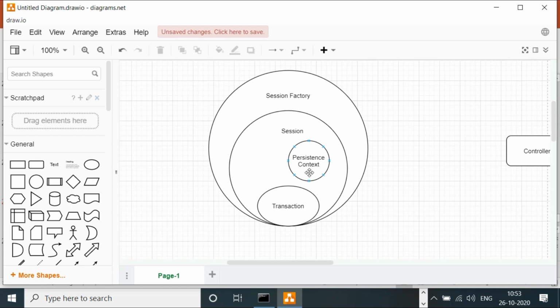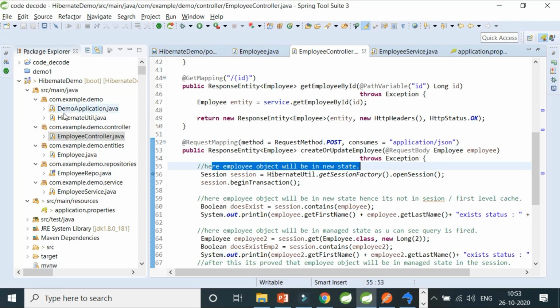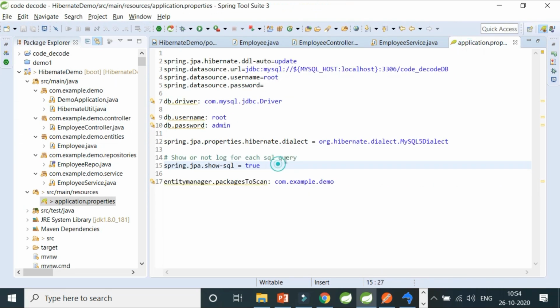So how will I prove to you that no database queries are actually executed? This is how I do that. I have set this particular property, show SQL. Whenever a new instance is there and I try to get it, a query like insert or select is printed.